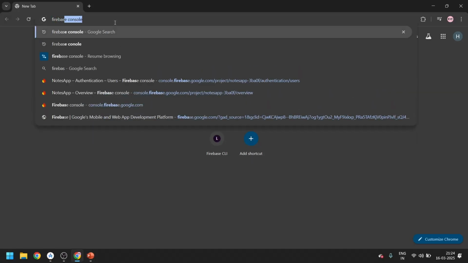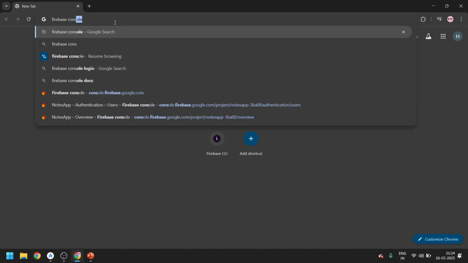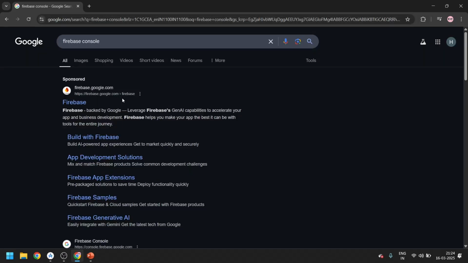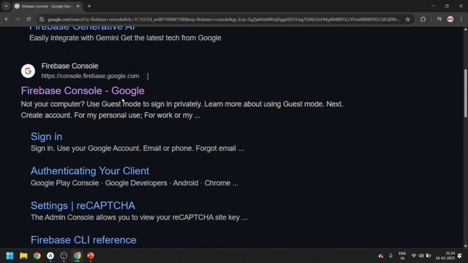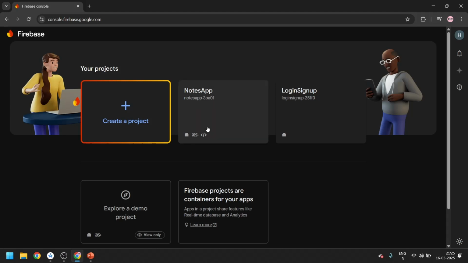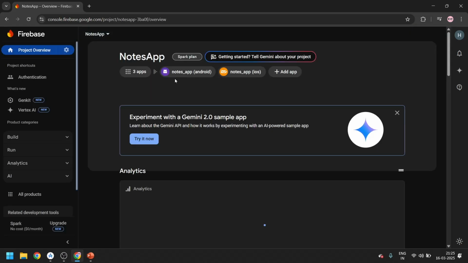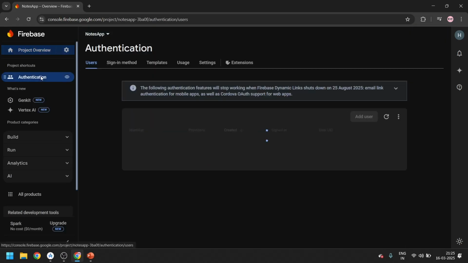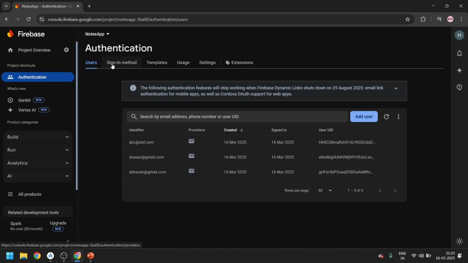So come on Google and say Firebase console. Scroll a bit, go to this link and open it. Select the Notes app, or you can create a new project. So I am just connecting to the Notes app. Go to the authentication. Go to sign in method.